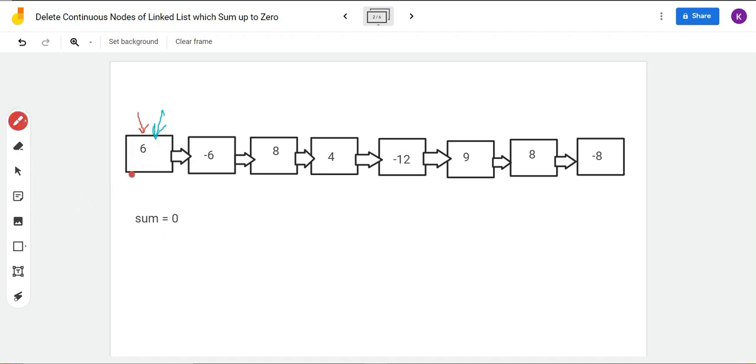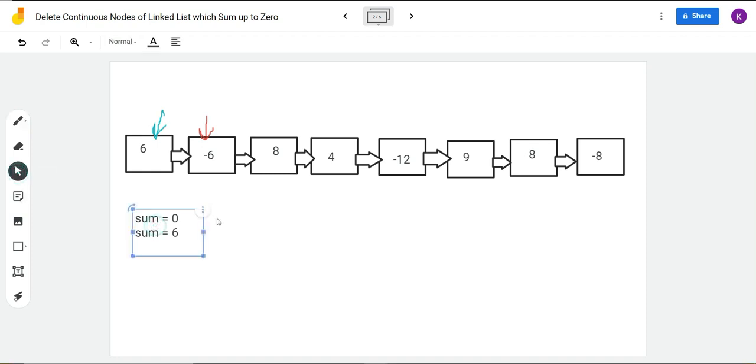When the head is at 6, the sum is updated to 6. The sum becomes 6. Now, since 6 is not equal to 0, we will move to the next node. We will simply make the current pointer as current next and our current pointer will come to the next node.